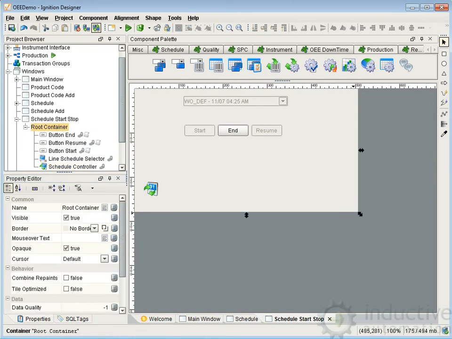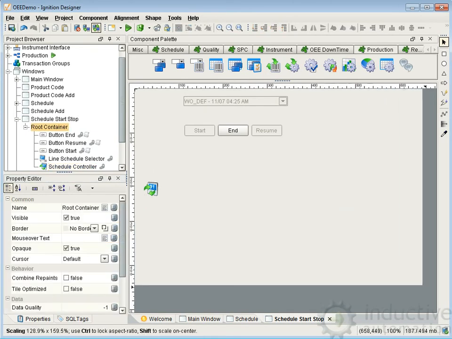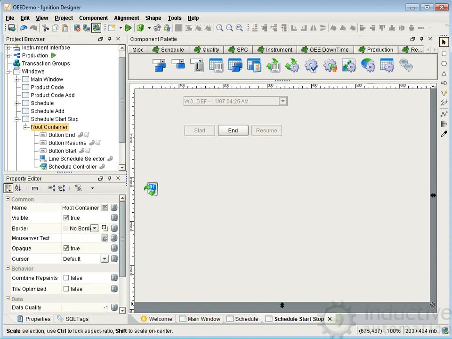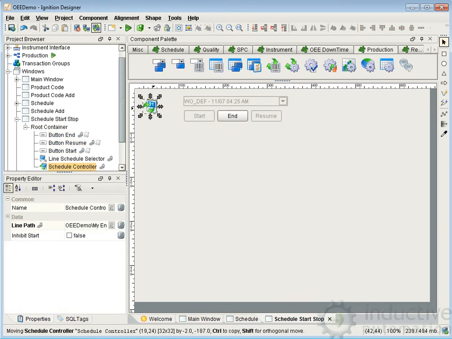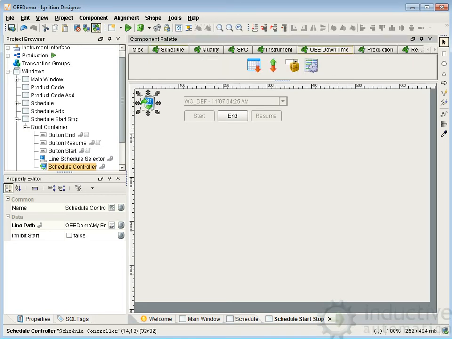We're going to add a downtime table to our schedule start stop screen. The reason we're just going to add it to this screen is commonly they go together, but we can create some downtime by pausing our run and restarting our run. So if we go to the OE downtime and we have the downtime table,